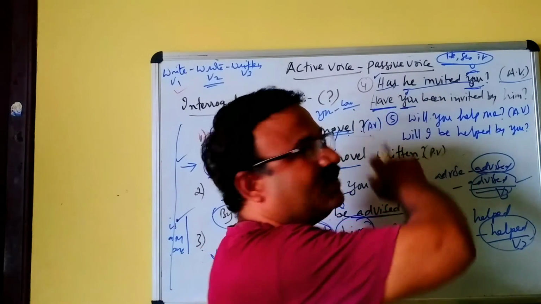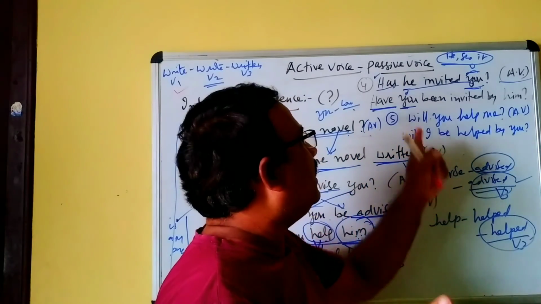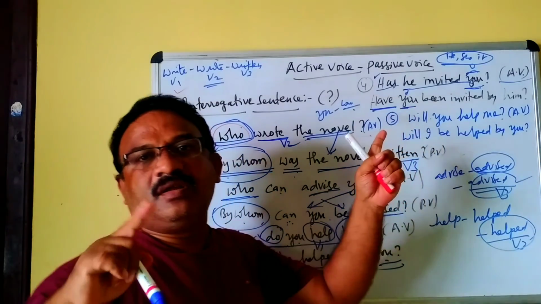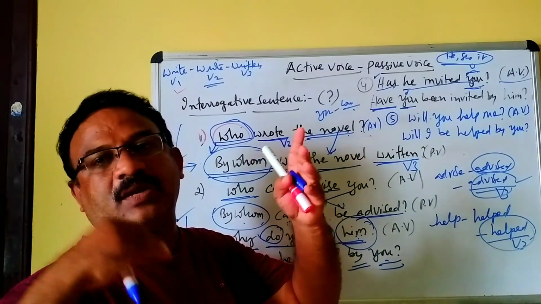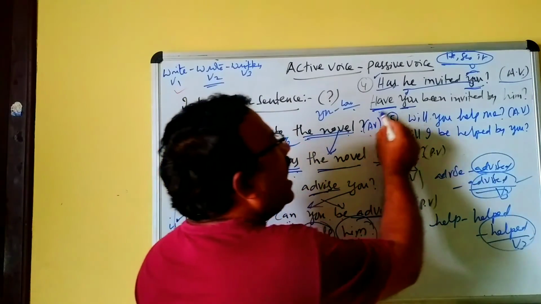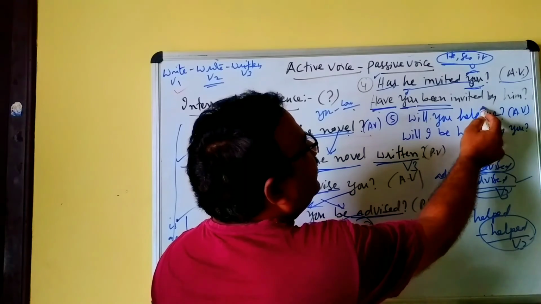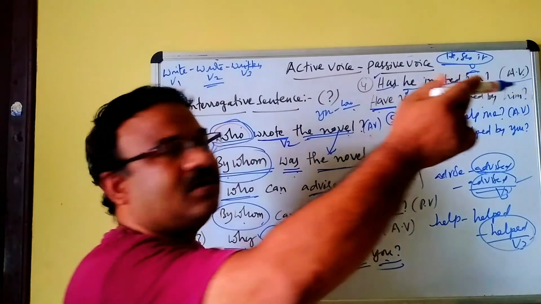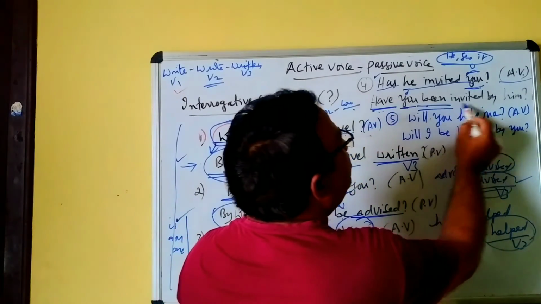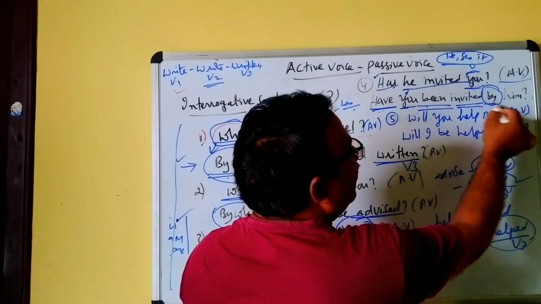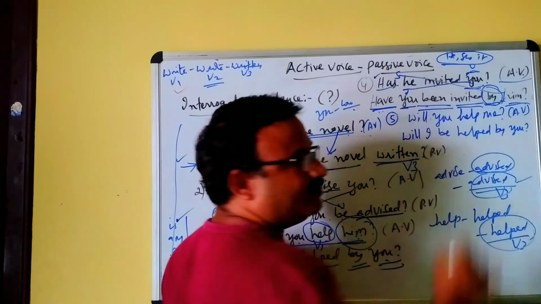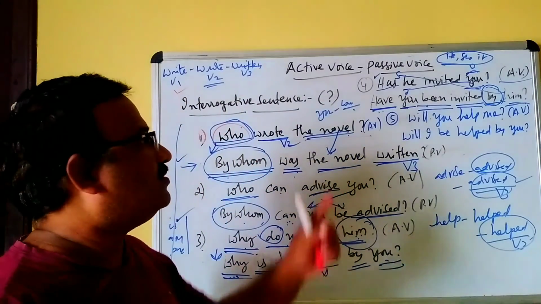Which tense is this? Present perfect tense. Then we must use been. Be form verb, been. In any perfect tense, present perfect or past perfect, you must use the helping verb been. So, have you been invited? Invite, invited, invited. So, here, have you been invited? The preposition by and he, the subject, will become object, him. Okay. So, this is